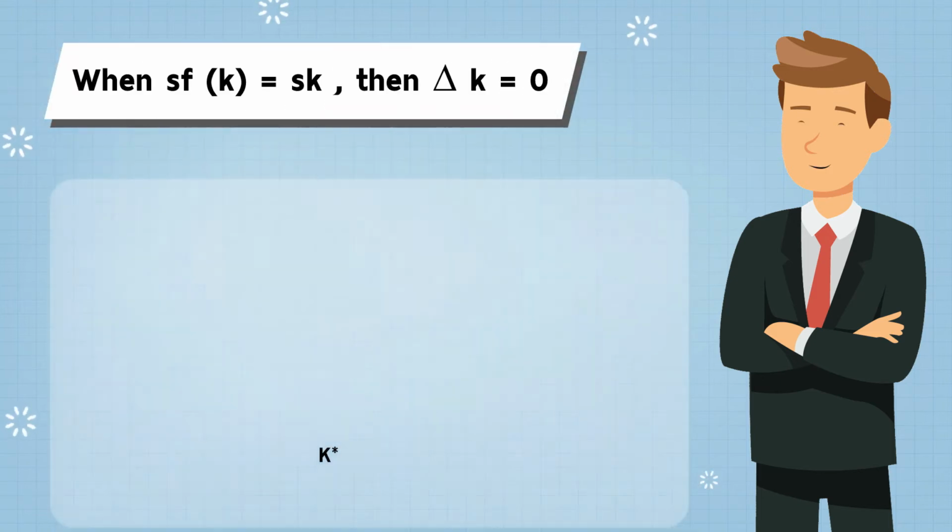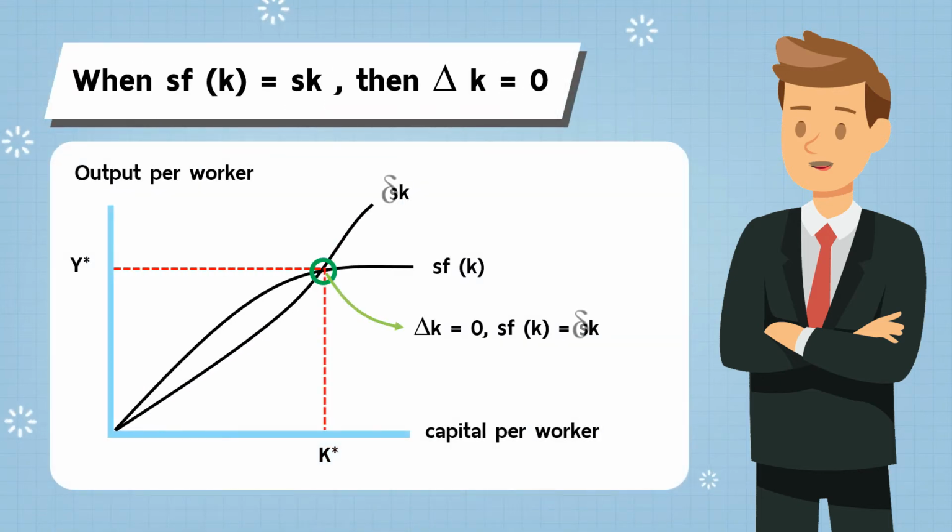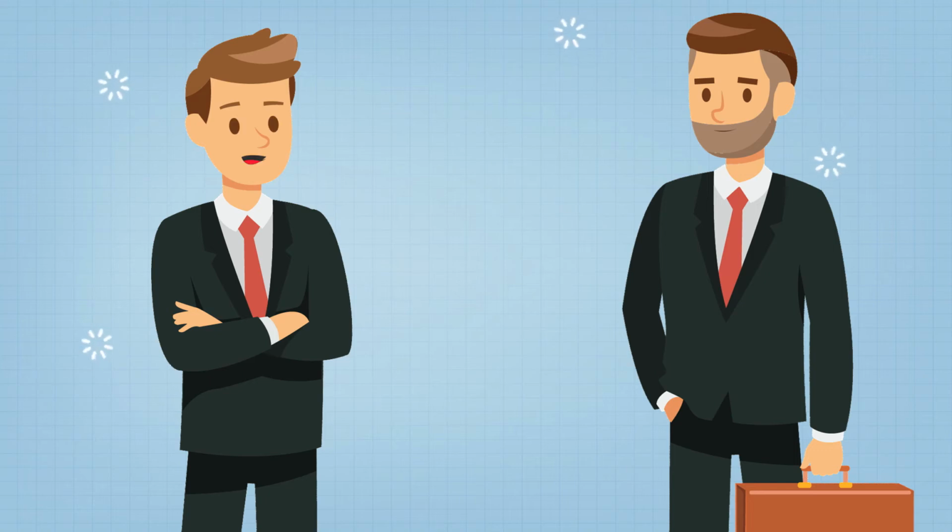Here is the graph showing the relation of output per worker and capital per worker. When the change in capital stock equals 0, or when we say S times function of k equals delta k. Alright, that's all I can